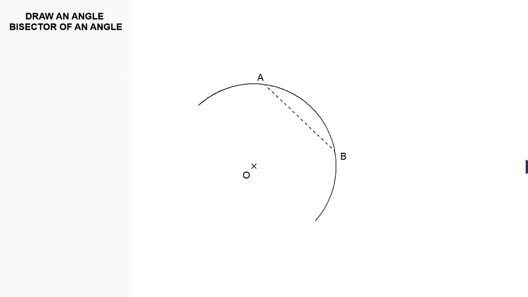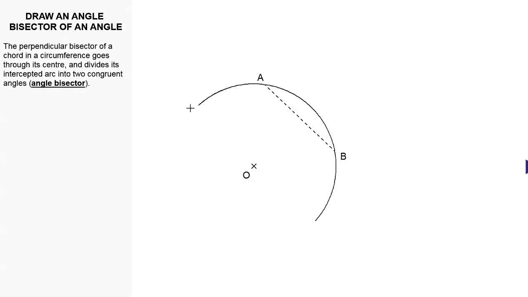In this exercise, we will see how to draw the angle bisector of an angle. But before that, I'm going to explain why this is the method. If, on a circumference like this one, whose center is point O, we have a chord like this one AB,